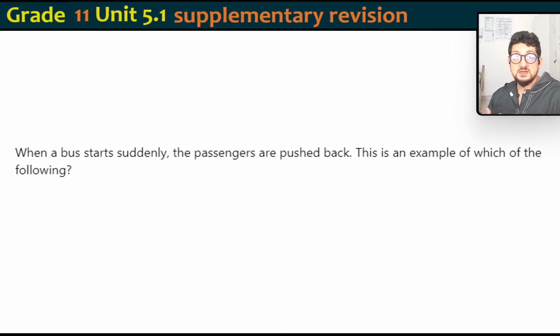When a bus starts suddenly, the passengers are pushed back. This is an example of what? The passengers are sitting down, okay, they're not moving, their bodies don't want to move. The bus forces them to move. This is Newton's first law, the law of laziness, the law of inertia, the law of stubbornness. Objects that don't move don't want to move, objects that are moving don't want to stop, okay? So the passengers are not moving, they don't want to move, the bus forces them to move. What's going to happen? They're going to move back because they want to stay in their position. Okay, so this is first law,